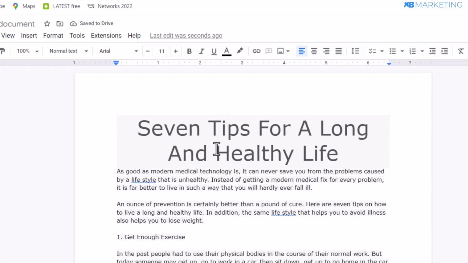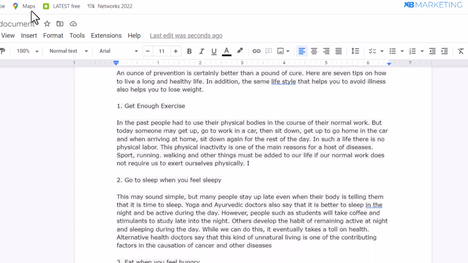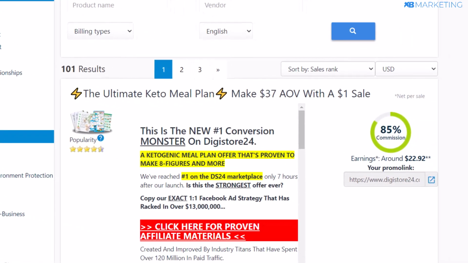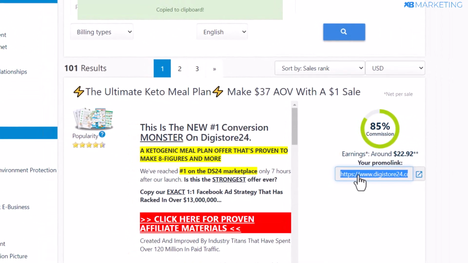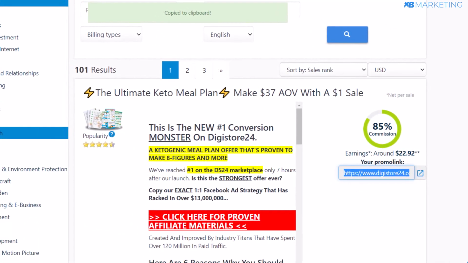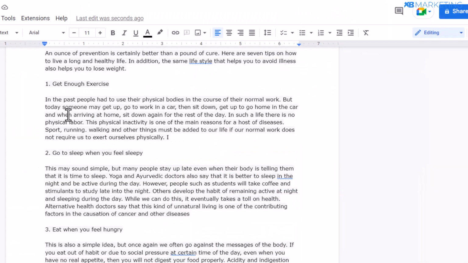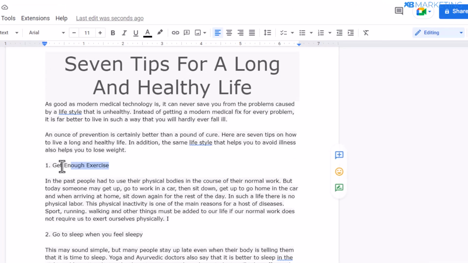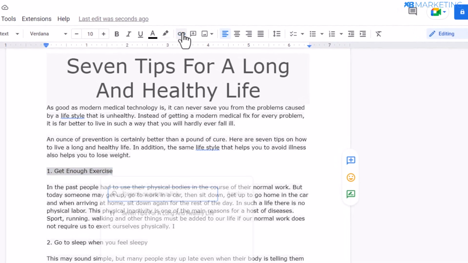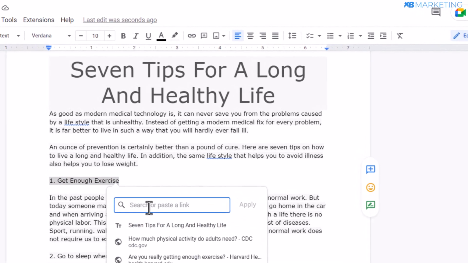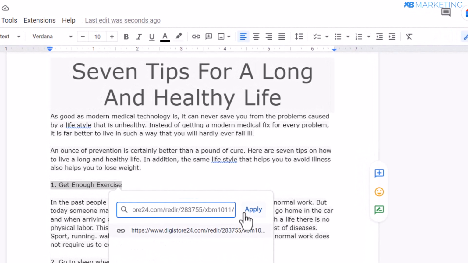So now the final thing you need to do to set up this process is to go back to your Digistore 24 account and click on this link right here to grab your affiliate link. So once you have your link copied, all you need to do is to go back to Google Docs, and now you want to highlight each of these headings right here and select this link. Okay, so once you do that, you want to paste in your Digistore 24 link right here